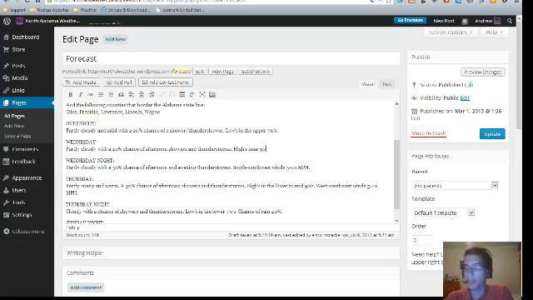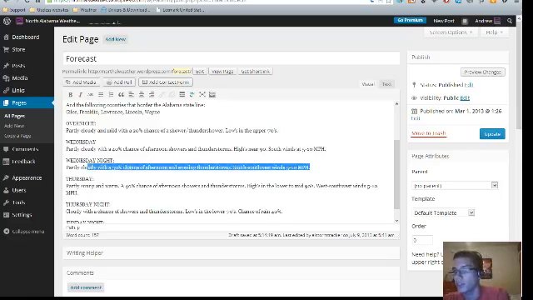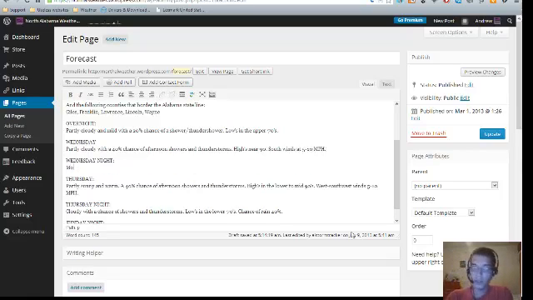I'll say highs near 90, and I'll say south winds. Excuse my typos. I do type rather fast. And I'll say likely.